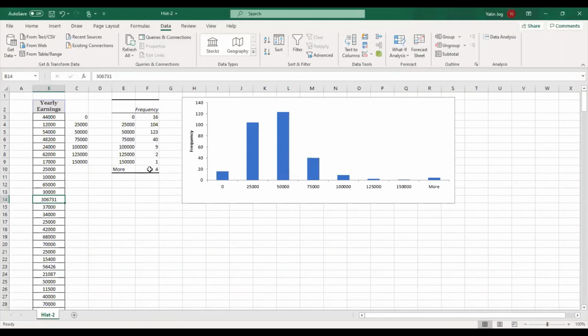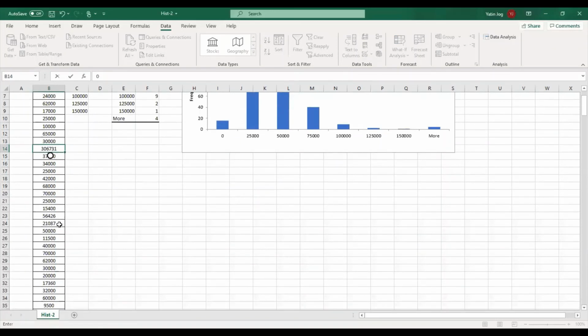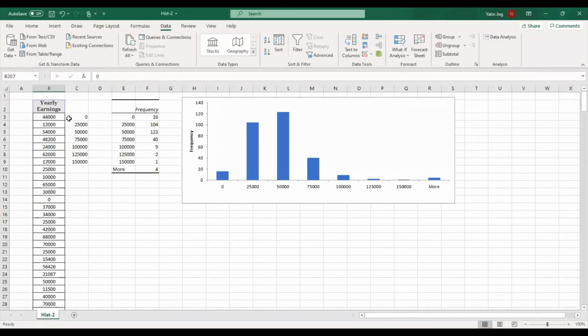So first I have to identify which are those 4 values which are greater than 1,50,000. So this is 3,67,000. So what I'll do is I'll make it 0, because I don't want to consider this value 3,67,000. So it will come into this value. 16 will become 17 because of one addition of 0. I'll find the next value which is greater than 1,50,000. I'll recreate the histogram using the same bins but new values, because now these four values will get added into the 0 column.